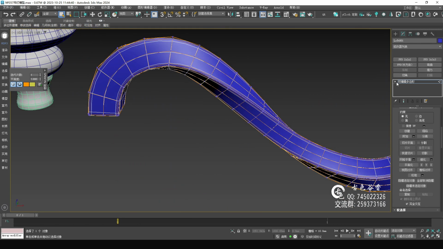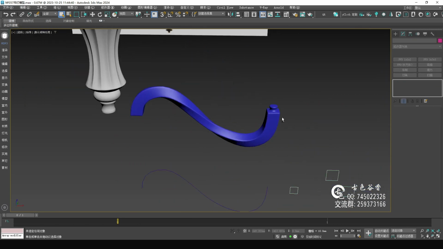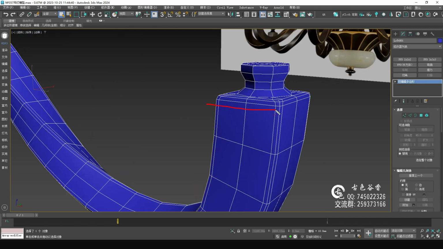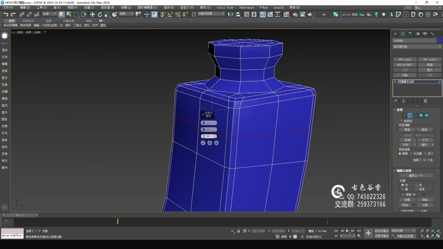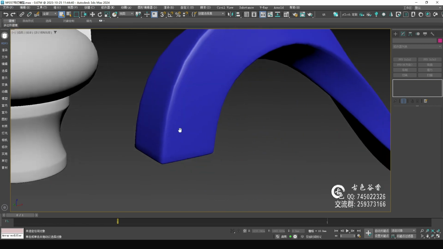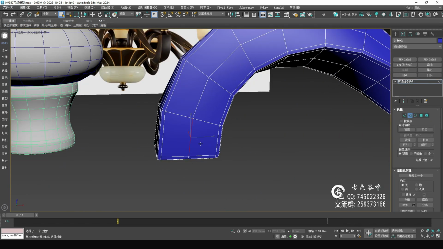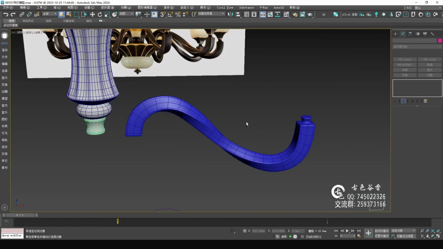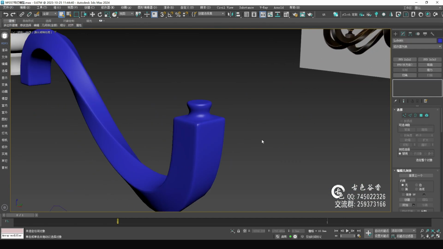Smoothing directly to a NURBS, you can get a very nice looking effect. But we need to add a card line under the wire here. Ring selection. Pull up one edge. We're gonna have to add another line down there. Select this edge and select the loop to pull down. Get stuck here. Okay? Give a NURBS smooth. It seems to be working well.